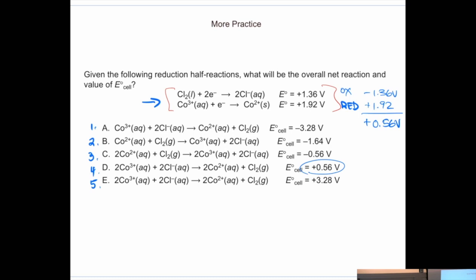Now, if you take a look at this answer, it's also balanced. Okay? Because it's also balanced for the number of electrons. And you could have done it that way. You still need to know which direction it's going. You still need to know which one's being oxidized and which one's being reduced. Now, remember that even though it's balanced,